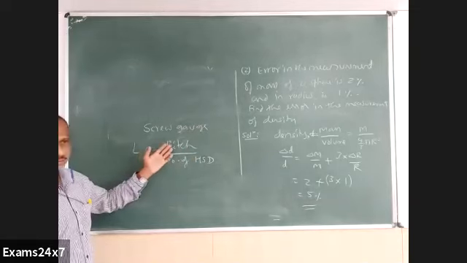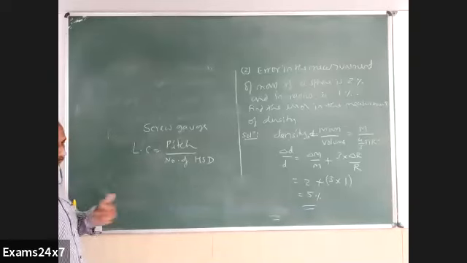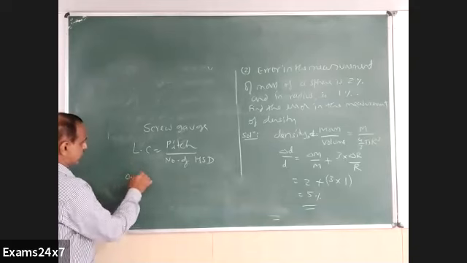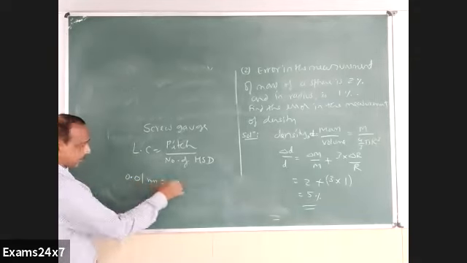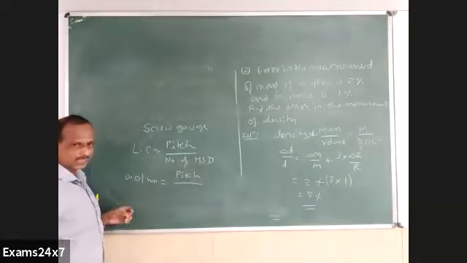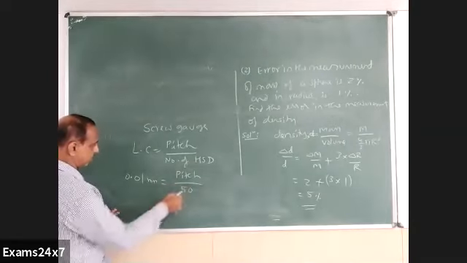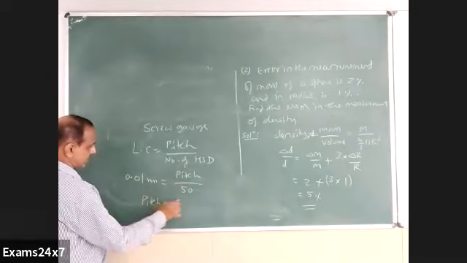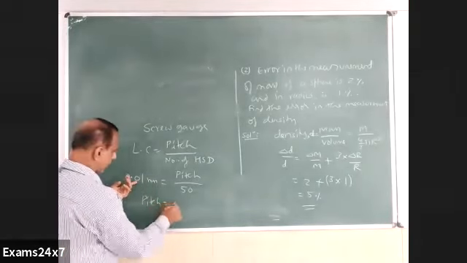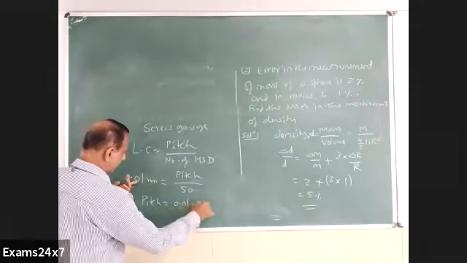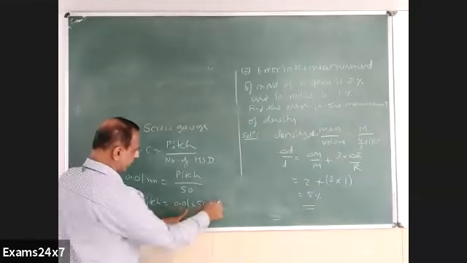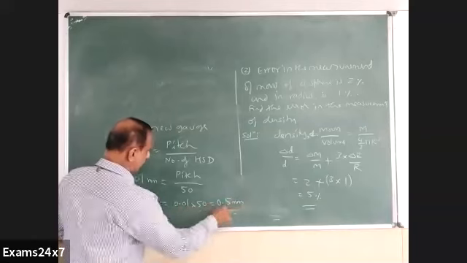That is the division formula for least count. Now in the 2021 question, what they have given is the least count as 0.01 millimeter, and what is asked is the pitch. They have given the number of HSD directly as 50. So what is the answer for pitch? It is as simple as the product of two numbers. 0.01 multiplied by 50. That is exactly one place shifting, 0.1 into 5, 0.5 mm.